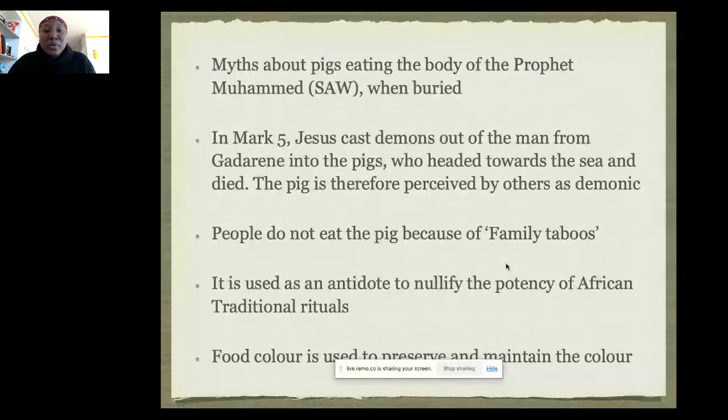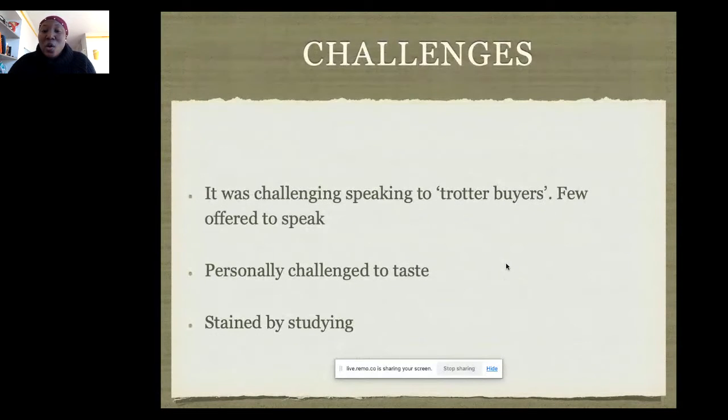And for a lot of people, in Mark 5, Jesus cast demons out of a man, and this is perceived as demonic. People also do not eat this because of family taboos. The Inzamas, for example, told me that if they want to test if someone has gone for rituals, money rituals or whatever ritual, they give you pig, and there's some conflict between these things. So there are family taboos,